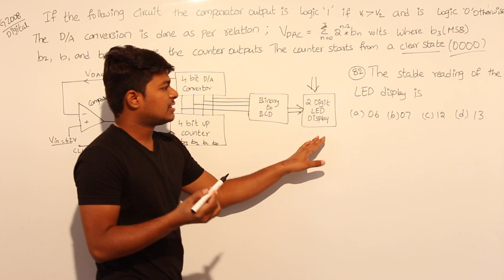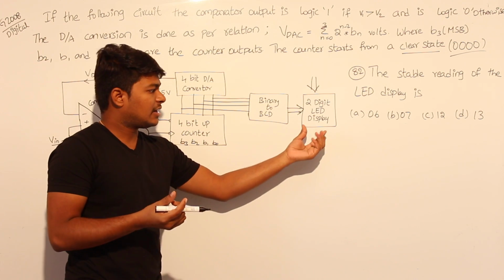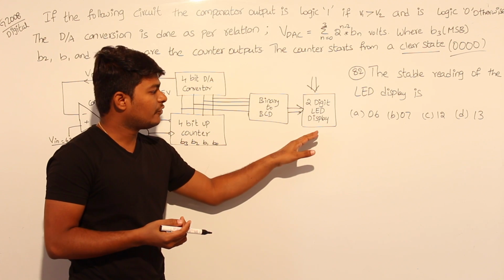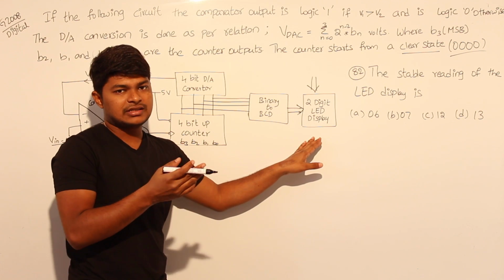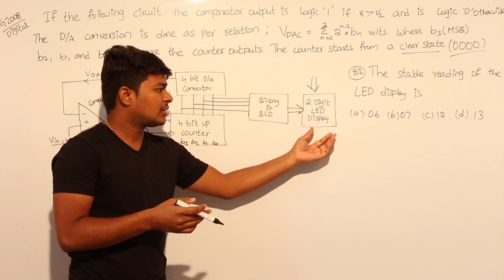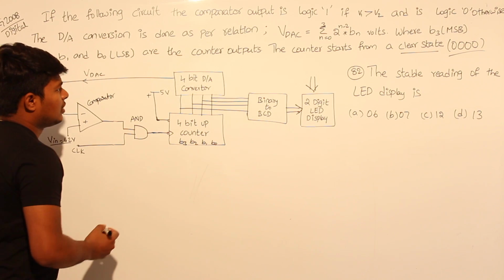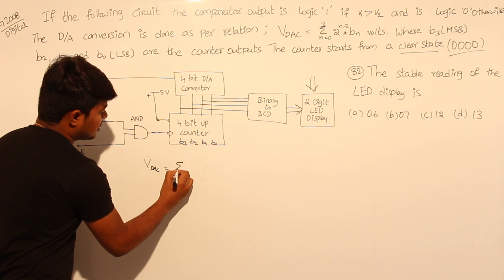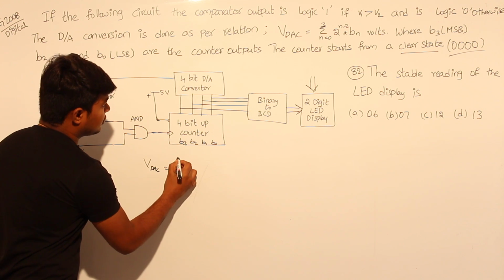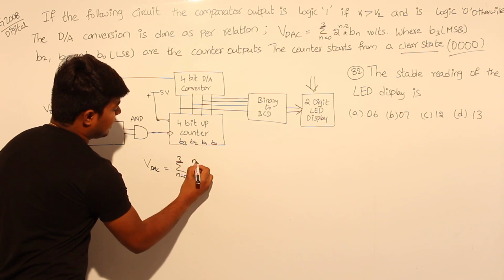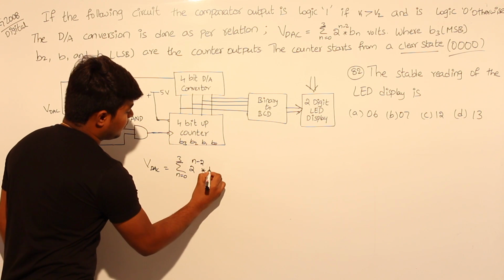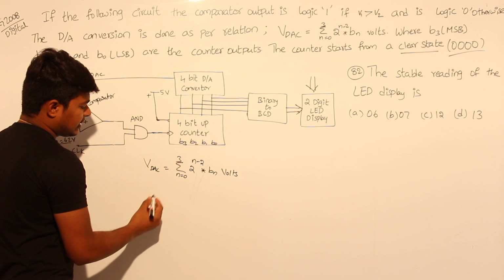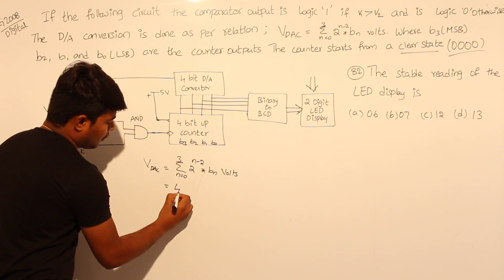What they are asking is the stable display. What is the stable display shown by this? We need to tell the answer, like what is the display in this LED. Given the VDAC equation, VDAC is equal to sigma n equal to 0 to 3 of 2 power n minus 2 into Bn volts. Now if you expand this, this will be